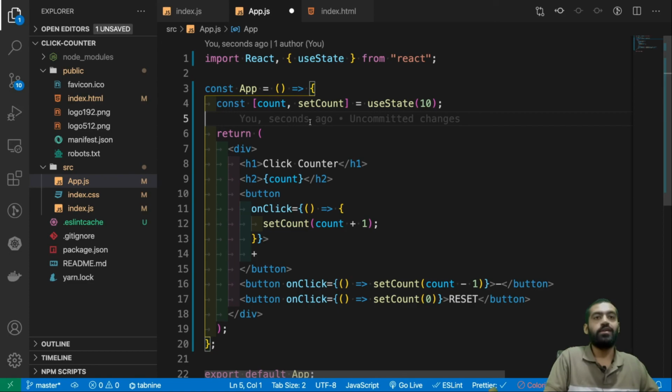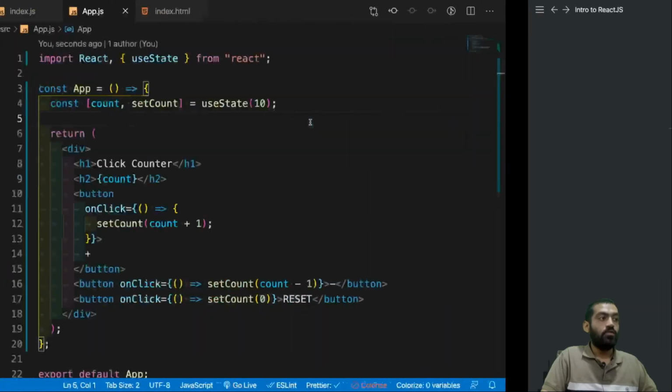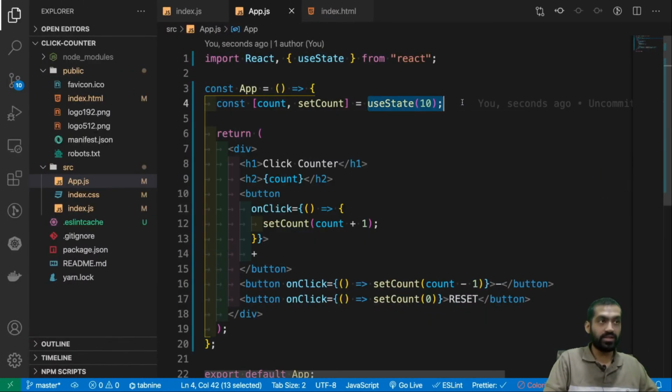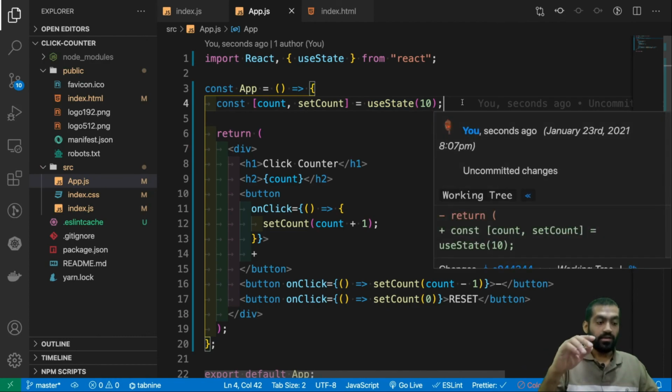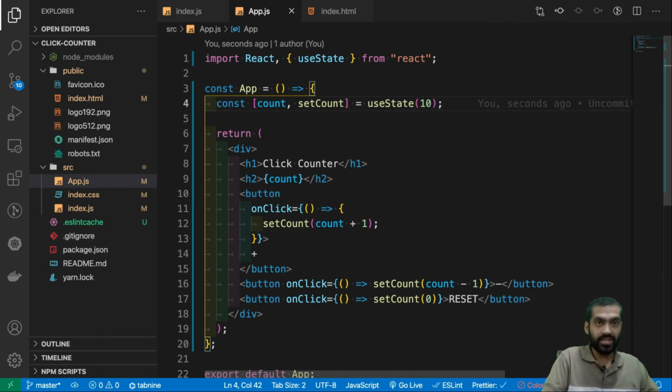If you are getting confused, just forget about everything else. useState never mutates data, never changes data, it gives me new data, right? This is what immutability is. And why do we need a state? We need a state to keep data that will be changed at some point of time in our application. So let's just stop here, let's take a breather and we'll be back understanding everything else.